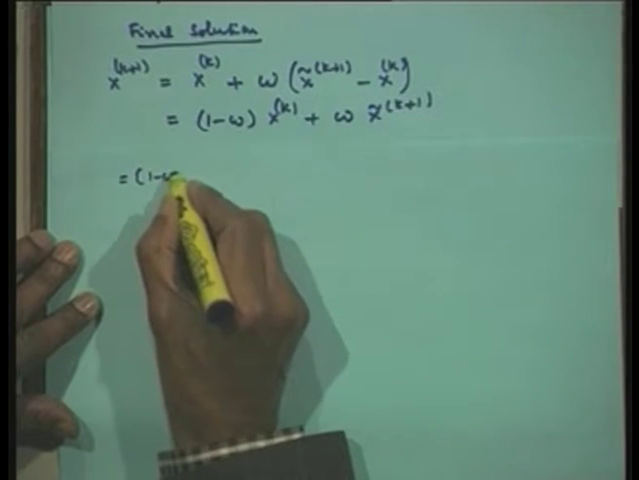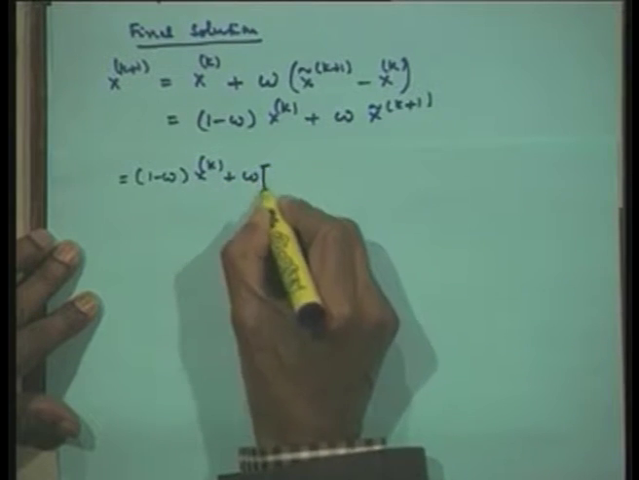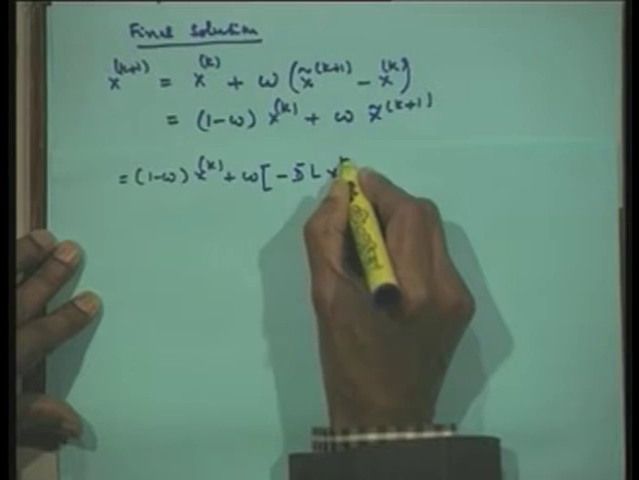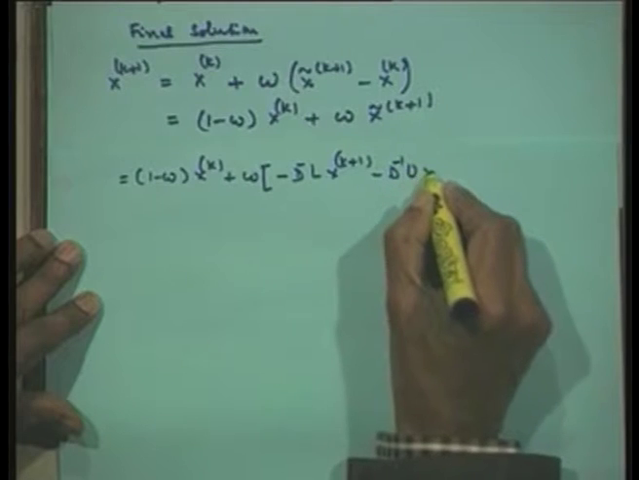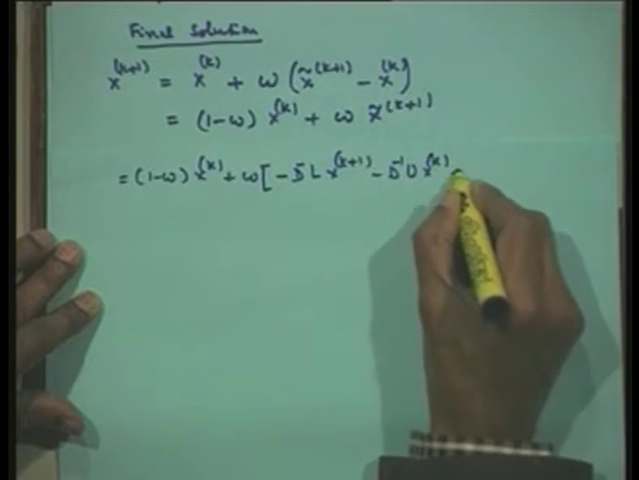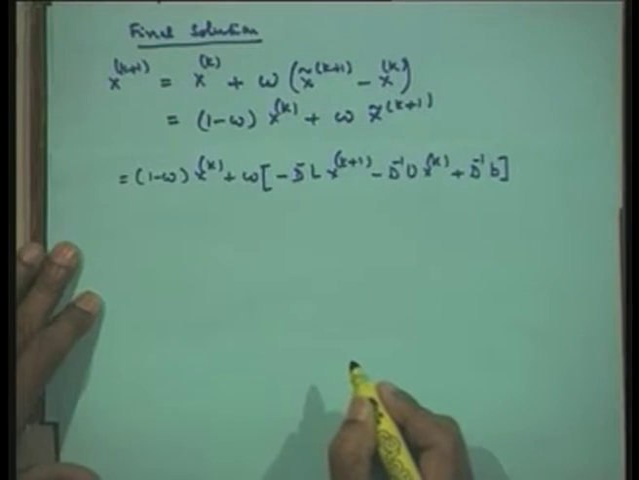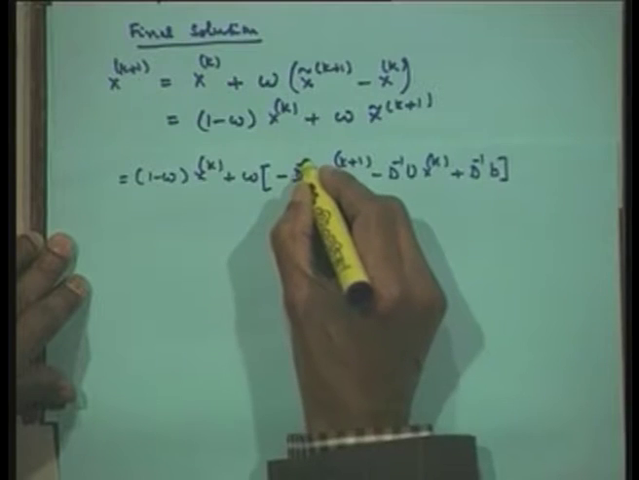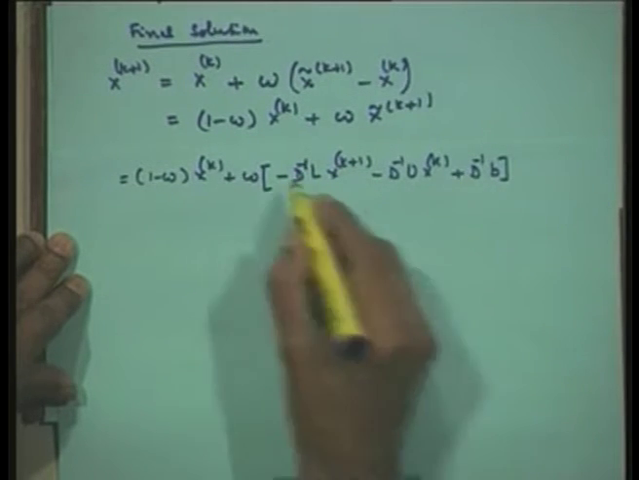Therefore, I would get 1 minus omega x k plus omega into minus D inverse L x k plus 1 minus D inverse U x k plus D inverse b. Before I simplify it further, I would like to pre-multiply this equation by D, so that I can remove this